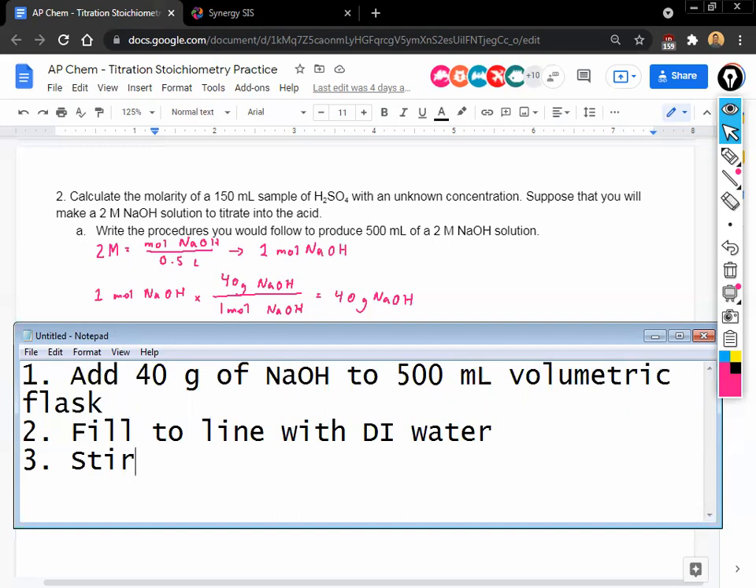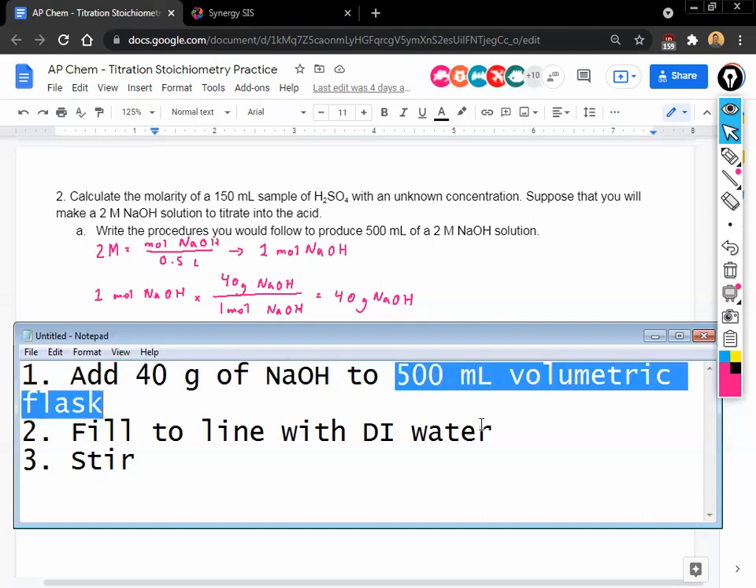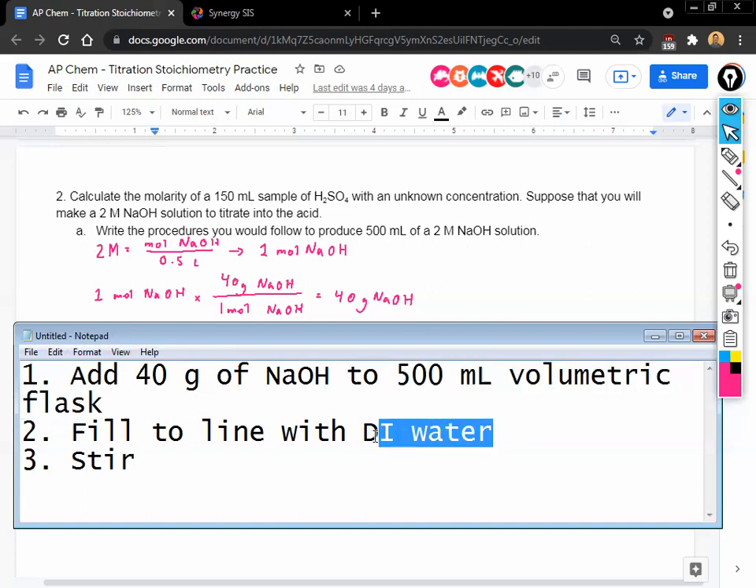So the key things you wanted to add were 40 grams of NaOH, which is how much you need to make your solution. Your volumetric flask has to be the correct size, which is 500. And then you want to use DI water, deionized or distilled water, and fill it up to the line. So these are the procedures you would use. If you got it correct, good job. If you didn't, make sure you have this reference somewhere, because this is actually what you're going to